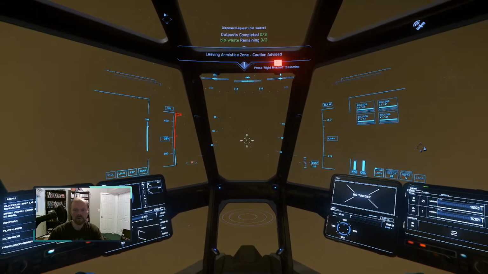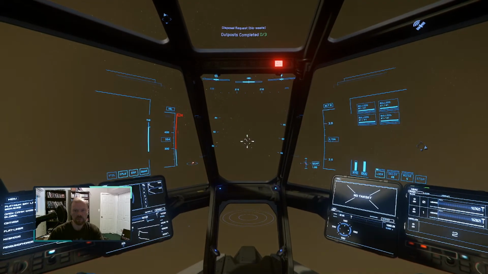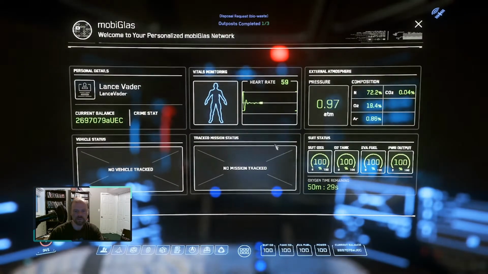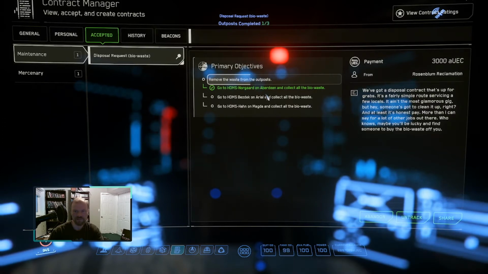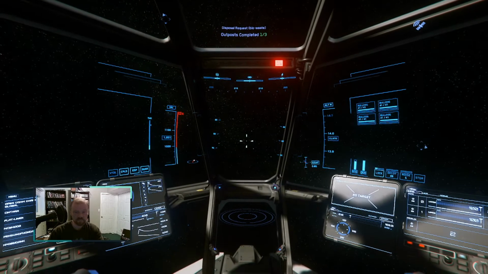So it says bio-waste remaining 0 out of 3, and it should give us credit for completing that outpost soon. There it goes. Outpost completed 1 out of 3. Alright. So there we are. Oh yeah, that is Aberdeen. That's why we were cooking. Okay. So,